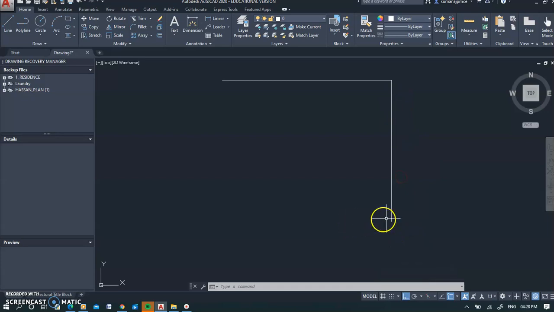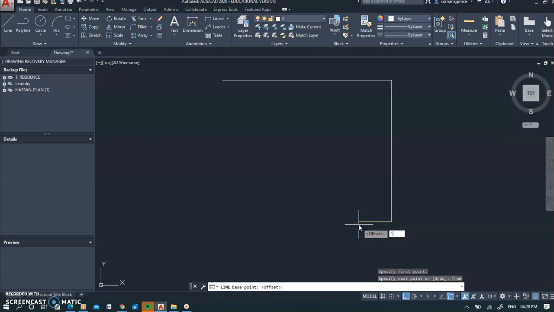So you know, in a line diagram we have to leave a gap. So what you have to do is go to line and click here. It will ask for the next point. Just type from. Okay, so it is asking for a base point. You click on the point here and it is asking for an offset.